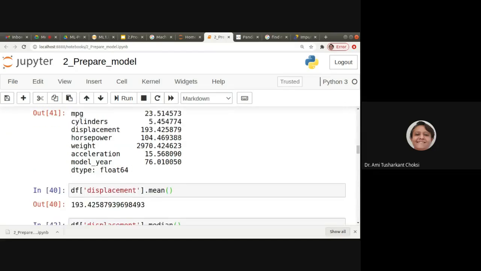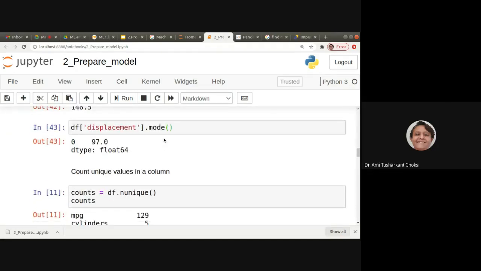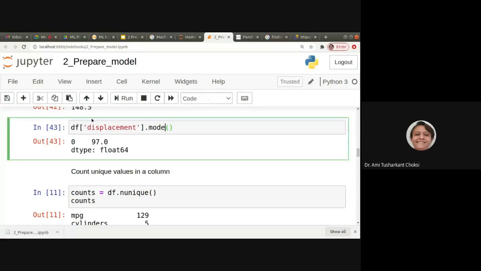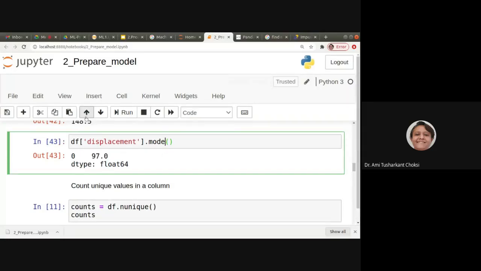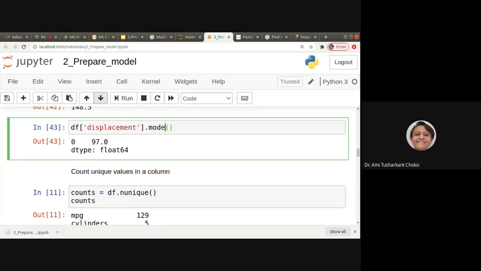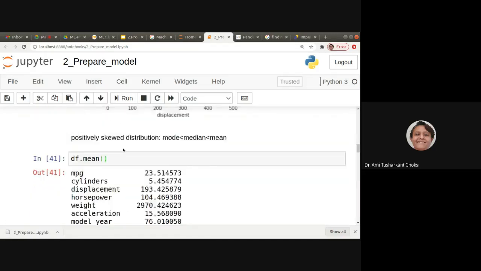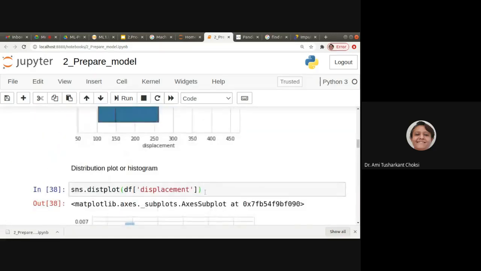Right? So let us see the same thing, that is, whether a particular column has a skewed distribution or normal distribution or whatsoever. So for that, let us see. This was for displacement, right? Let us see for the others, so we can have the idea.